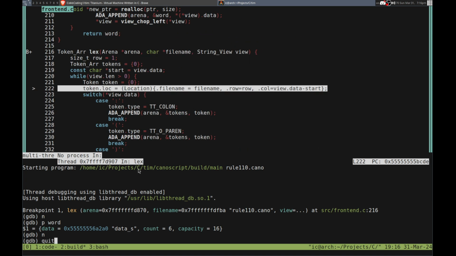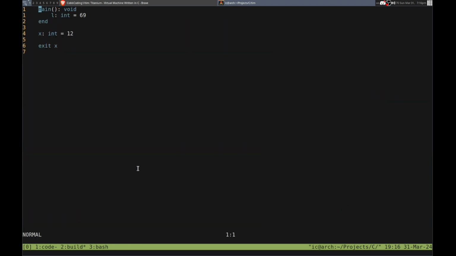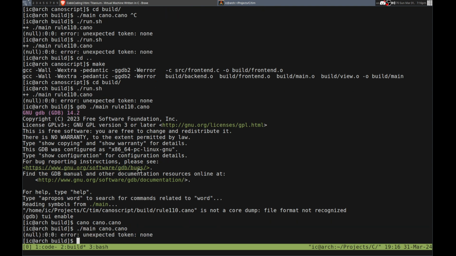Alright, there's actually a lot of stuff here, so maybe I should do it with a simpler program. Let's try that one. Alright, so we get same issues, so